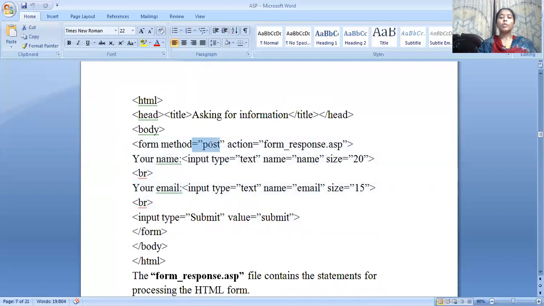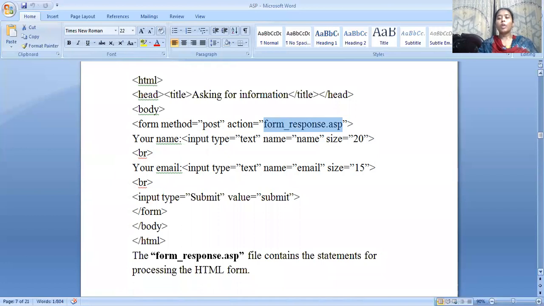Method is equals to post, action is equals to form underscore response. So whenever I execute this particular program, automatically the action will be performed from the form underscore response. By default, this program will call another program called form underscore response dot ASP.